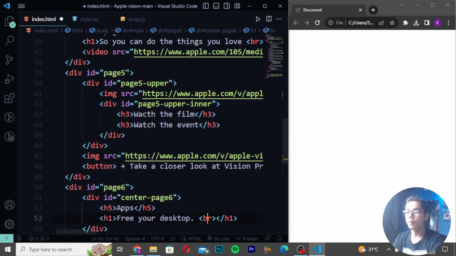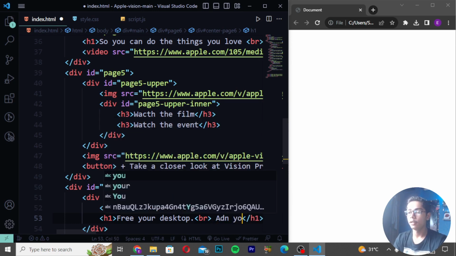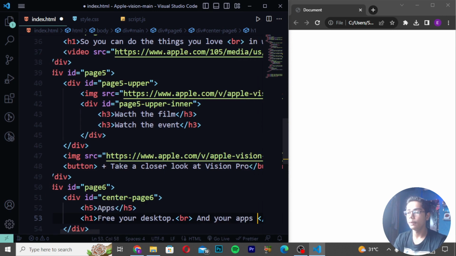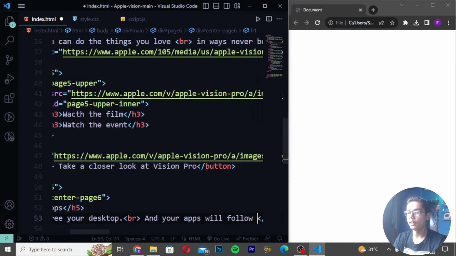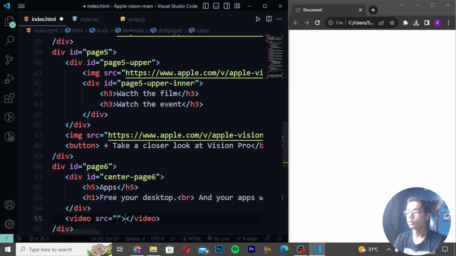Then you have to now create BR, press backspace here. Then you have to now just do here like and. So here I will be now writing and your apps will follow. Then you have to just do one thing, you have to create video source